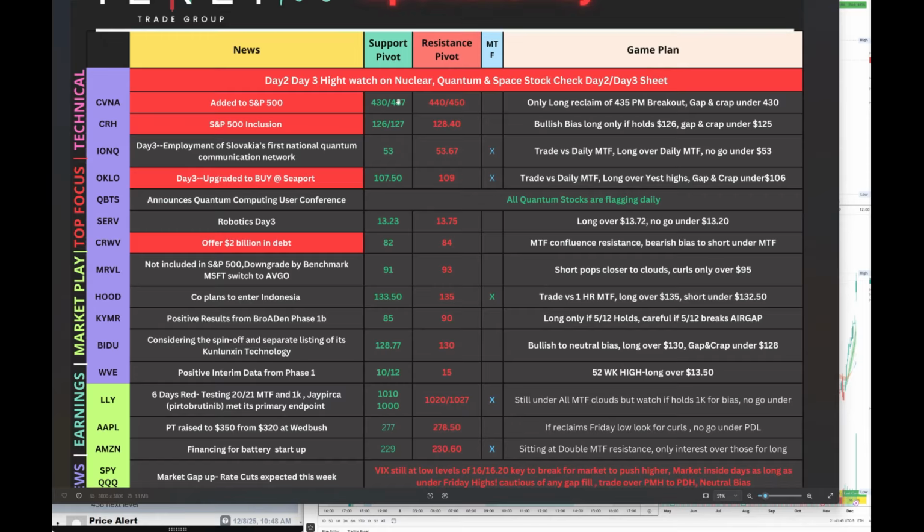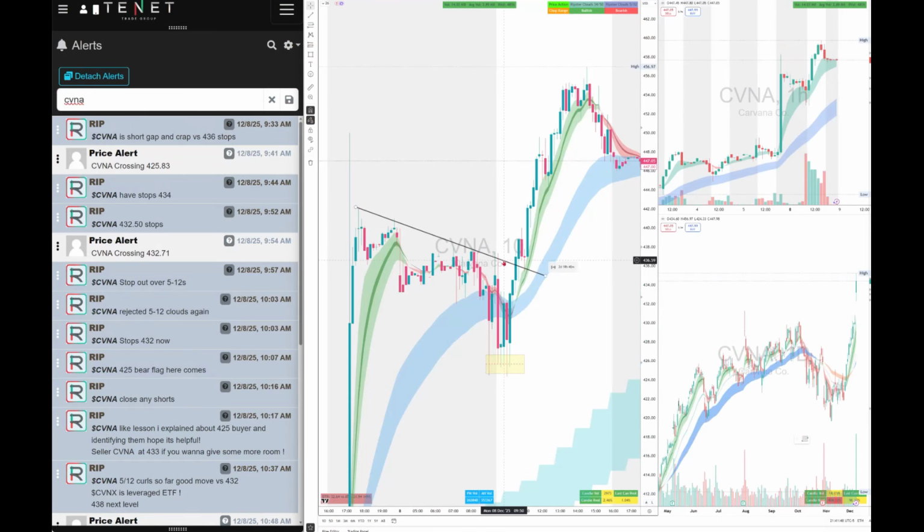So pretty, these were the levels we created in the pre-market. You could see that I had these levels of 430 and also a level of 435. When the market opened, I saw this first candle down. I said short the gap and crap versus 436 stops. And you could see that we flushed it from 434 to 425 once, bounced again towards 433, and pulled back,